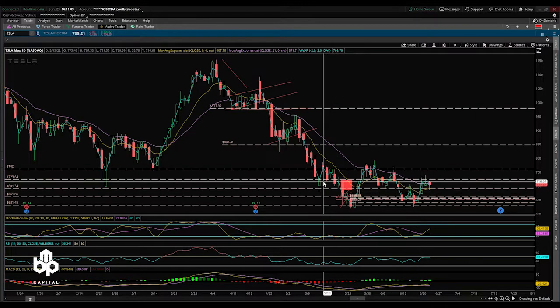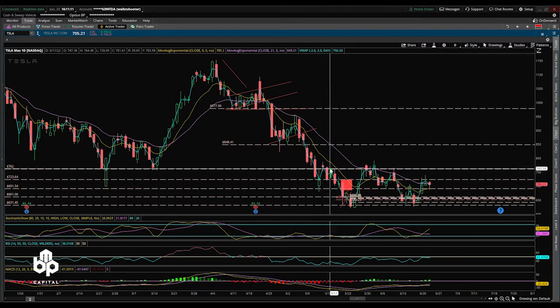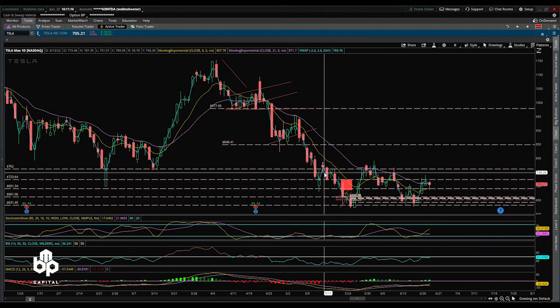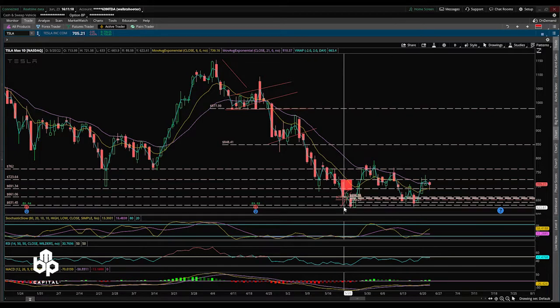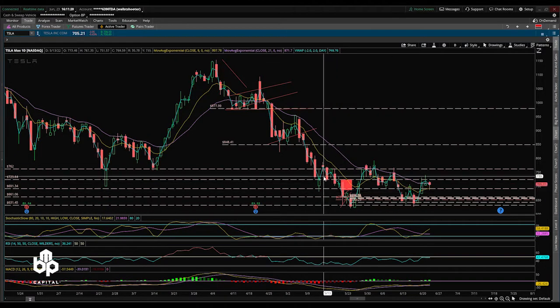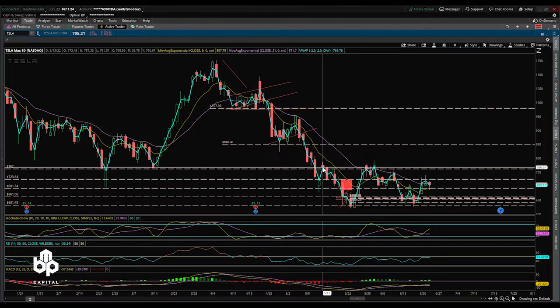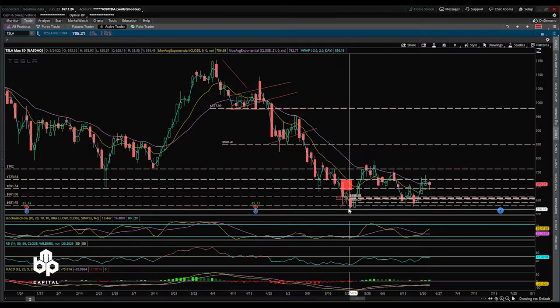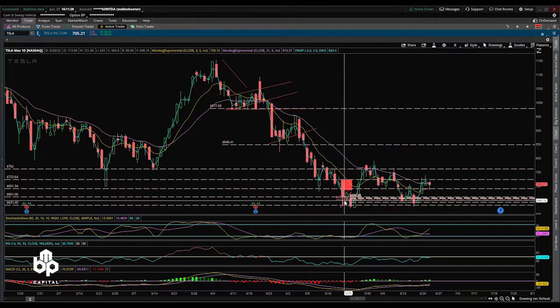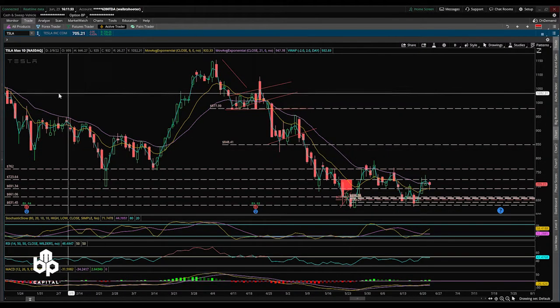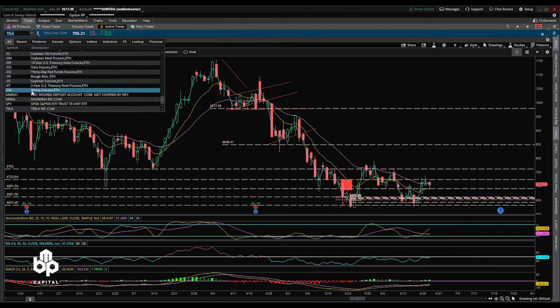So for me, I'm looking at this and I'm a little more cautious. Maybe I go into day trade mode. I'm scalping anyways, and I'm just scalping. Bye-bye. Little bags. While people are chasing this big bag, which is fine. I'll take my 30%, 40%, 50% days. We all going to get to the same place at the end of the day. So that's Tesla on the daily. Let's look at